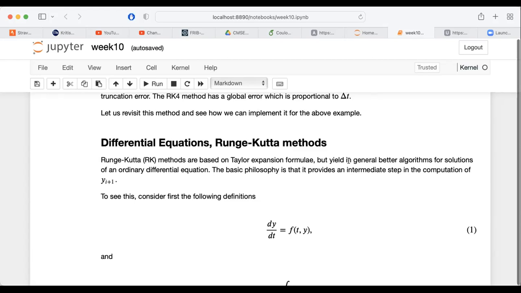The basic philosophy here is that they provide you a recipe for calculating with a mathematical error which goes like the time step to the power of 4, which is much better, or twice the approximation which the velocity-Verlet method makes. However, these methods